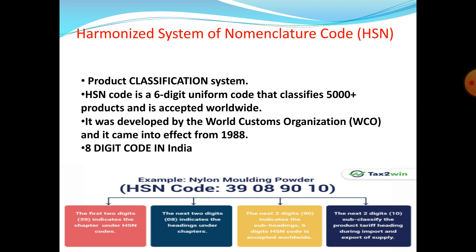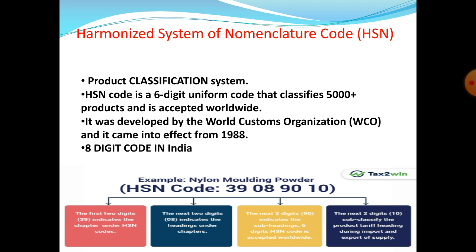HSN codes remove the need to upload a detailed description of goods, as a supplier has to enter the HSN code of a particular product to identify the details and tax rate regarding that product. The main purpose of HSN is to classify the goods from all over the world in a systematic and logical manner. For example, there is a given HSN code